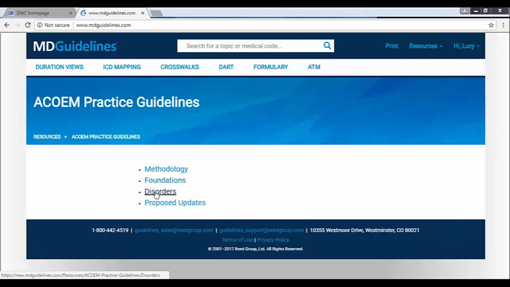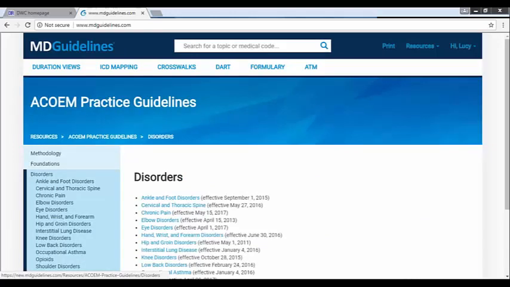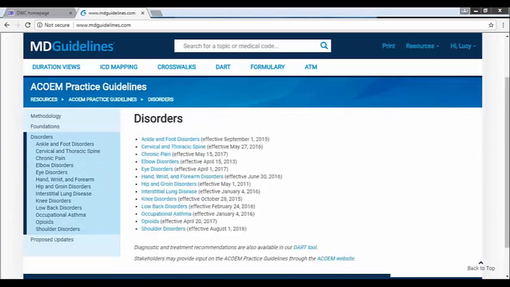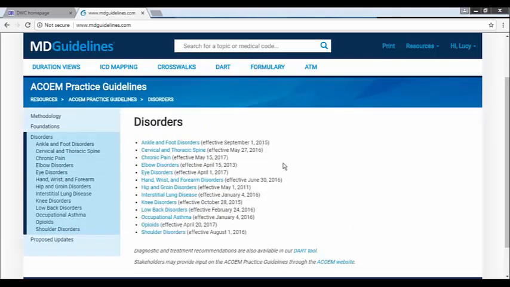Next are the disorder guidelines, and I'm going to go ahead and open up that link. All of the disorder guidelines have the date that they were last updated, so I don't want you to get confused when it says effective September 1st. All of the MTUS guidelines go into effect December 1st.